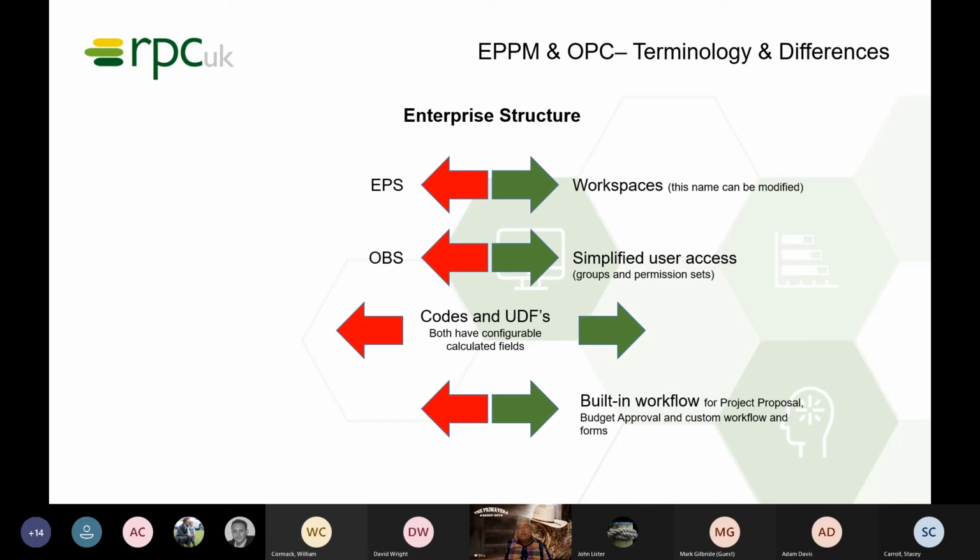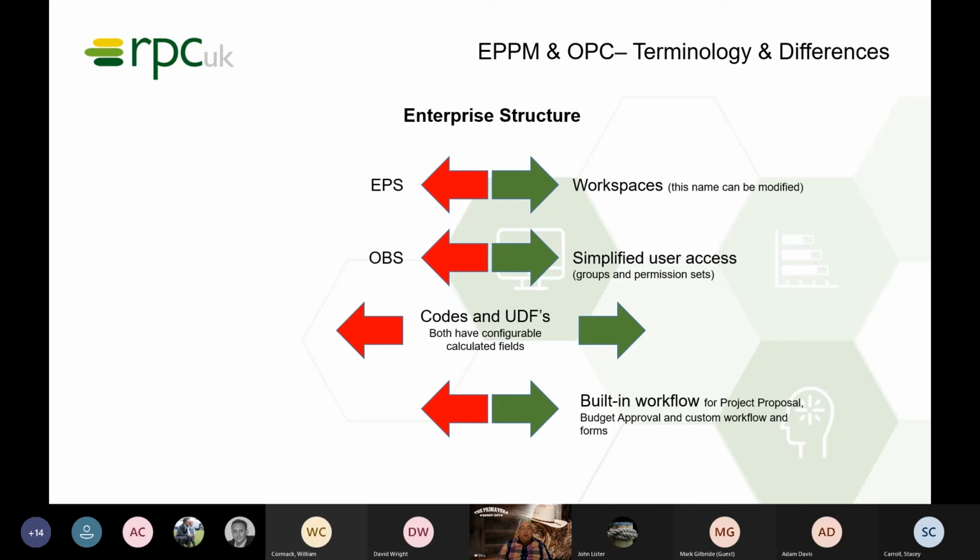In OPC, it's called a workspace. However, you can modify that name and call it an EPS if you wish. The OBS, which controls security, is not the name that is used in OPC, but it's a really more simplified user access model. So we create groups and permission sets that allow users access to workspaces, access to projects, and then, of course, privileges to do what they need to do as a planner, scheduler, executive, contractor, whatever it might be in